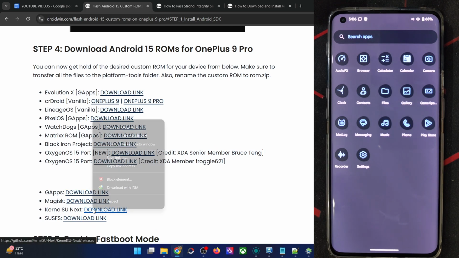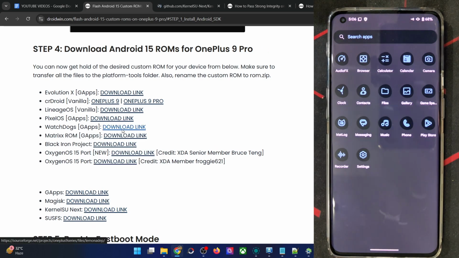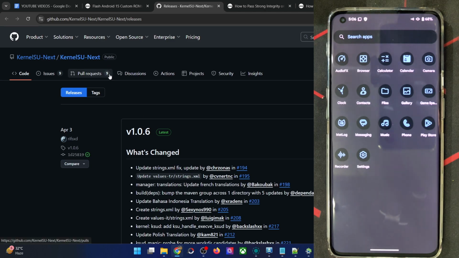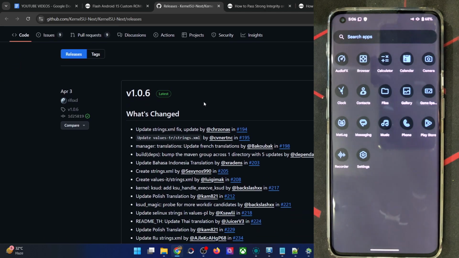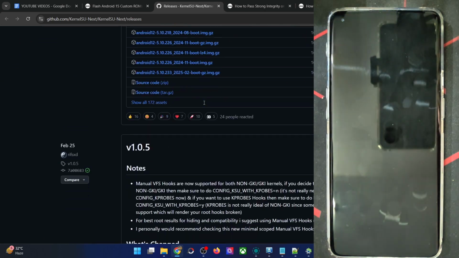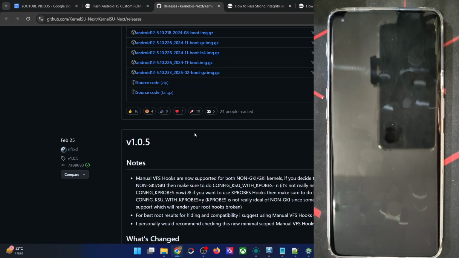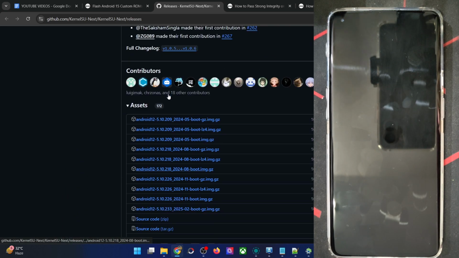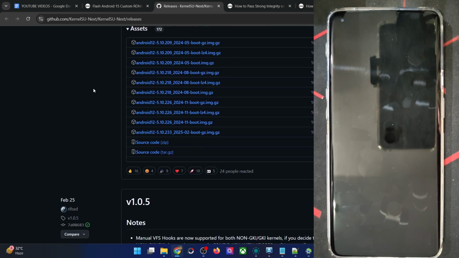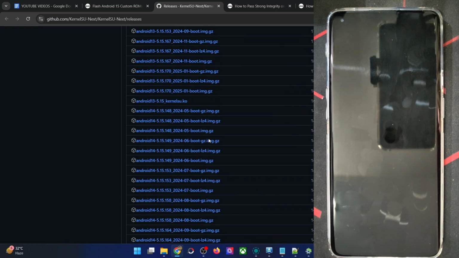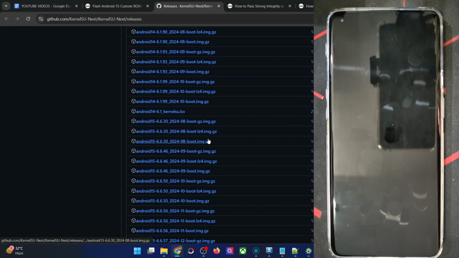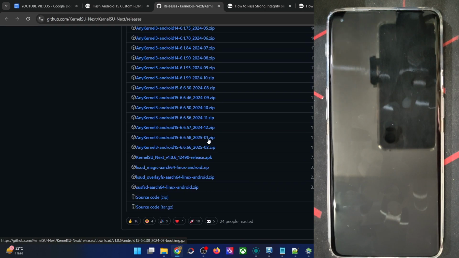Go here. Don't use the KernelSU, use the KernelSU Next file, because the KernelSU file will not work. You have to use the Next file. So go to their GitHub page, expand the releases section, and the APK will be right there at the end. Well, it's not currently loading. I don't know why that's the case. Oh, it's now loaded. The APK file will be somewhere here itself. So this is the APK file.